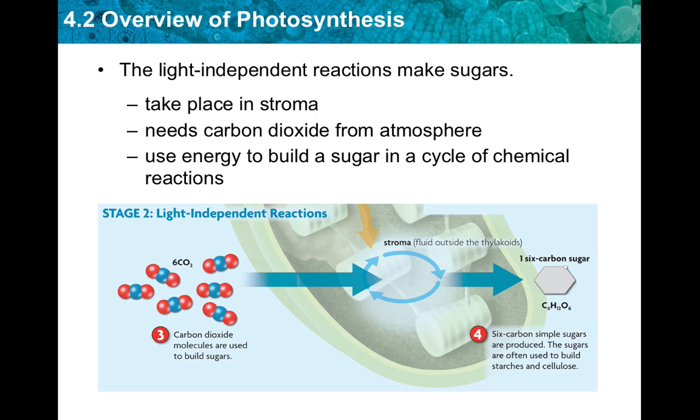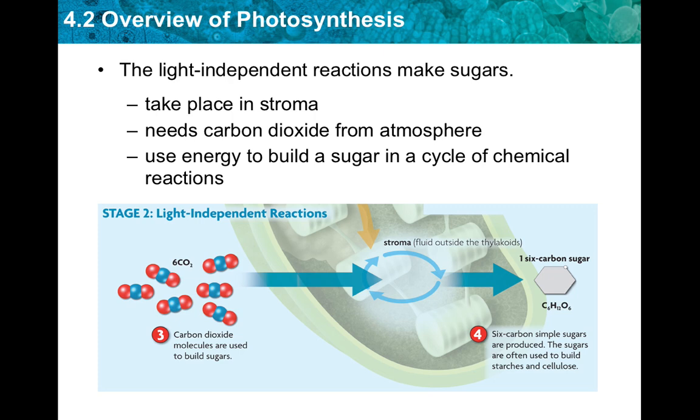And we have the light independent reactions that make sugar. As I said, it takes place in the stroma, or the fluid that surrounds the grana. It needs carbon dioxide from the atmosphere and uses the energy to build a sugar in a cycle of chemical reactions. And the sugar is also known as glucose, which is